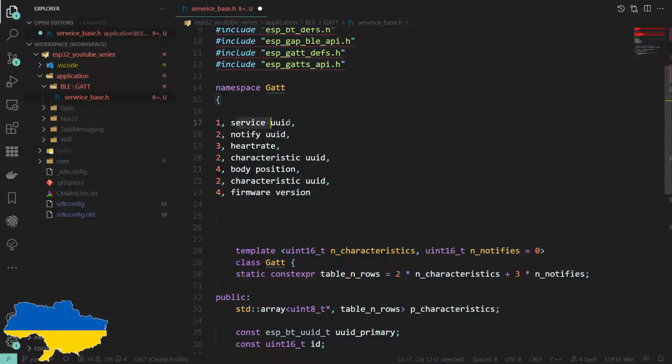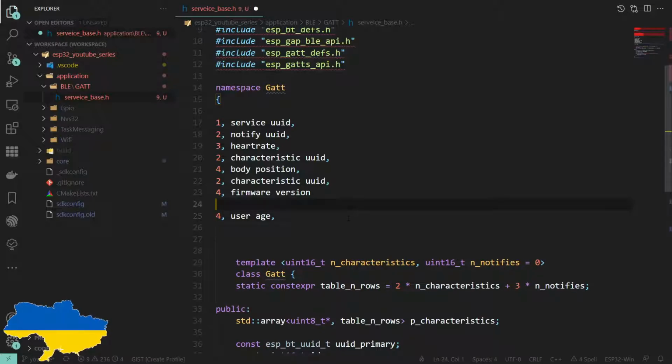Now there's actually more fields in these, because in this case body position is a bad example, so let's just make another one. Let's say user age, which is going to be a 4 because it's just a bit of information.